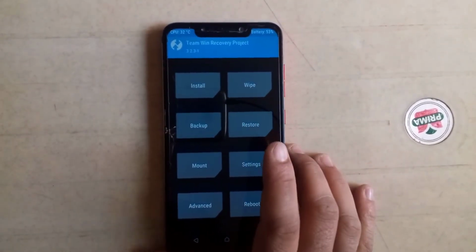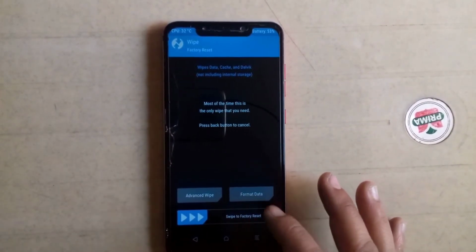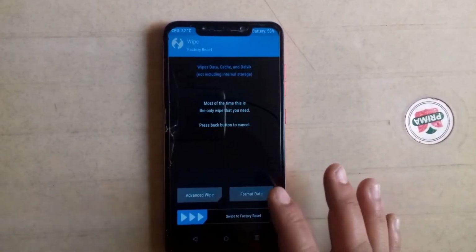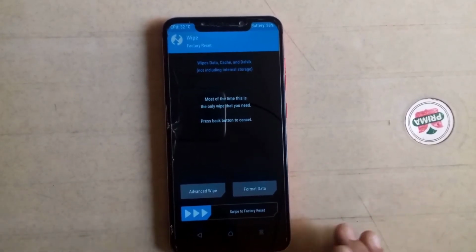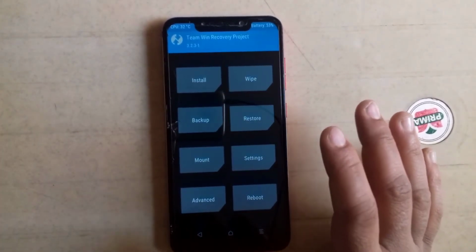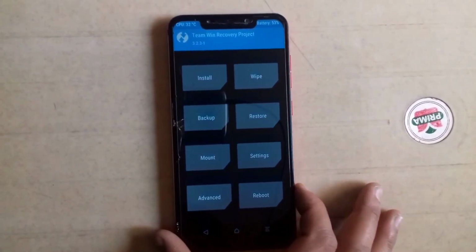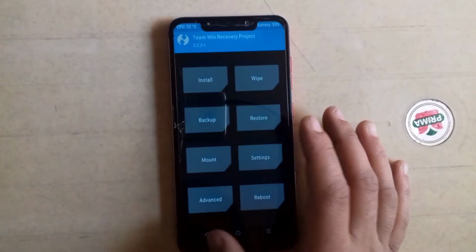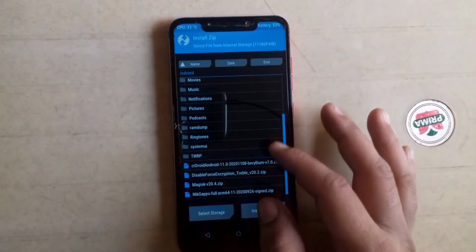Guys, to clean install any custom ROM, format your data. This is not a necessary step. If you want to format your data, then you can. By the way, this step is good to install any custom ROM, because sometimes your phone goes into the encryption mode. If you want to format your data, then a memory card must be in your device, or you can flash custom ROM with the help of OTG. But in this video, I'm not gonna format data because I don't have any memory card or any USB.